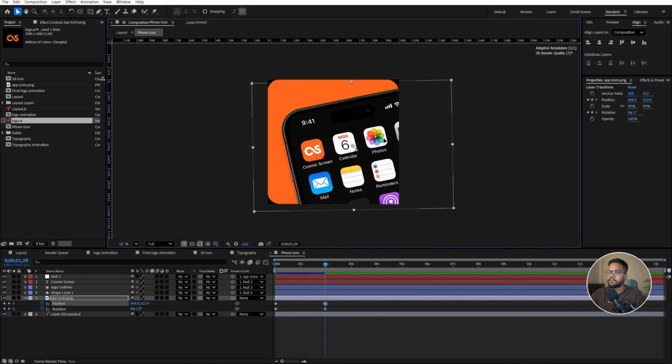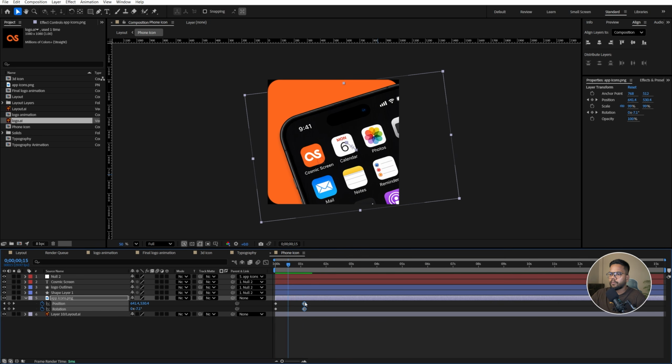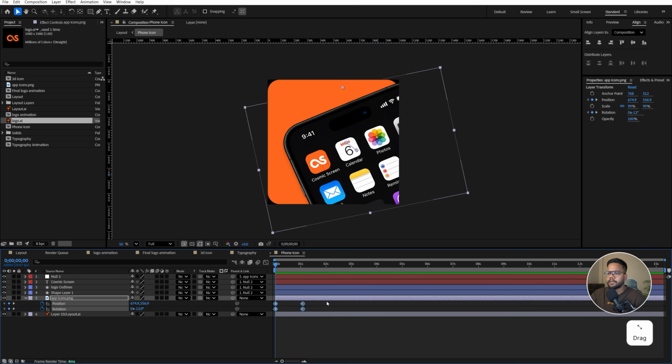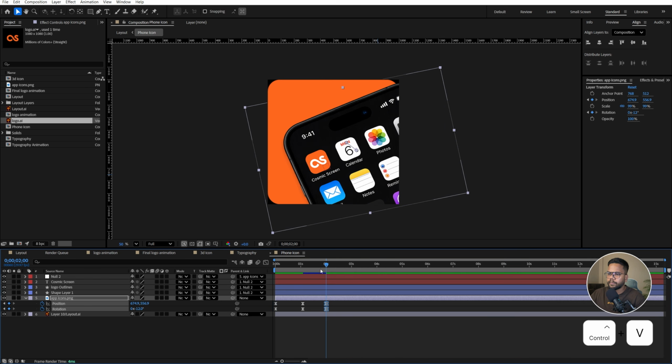and move it upside. So this animation is very slow. Select both of these keyframes, move it to the 1 second. Select both of these keyframes, press F9 to ease them. Go to the 2 seconds, select both of these keyframes, Ctrl C to copy and Ctrl V to paste and